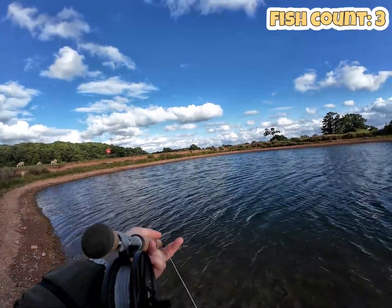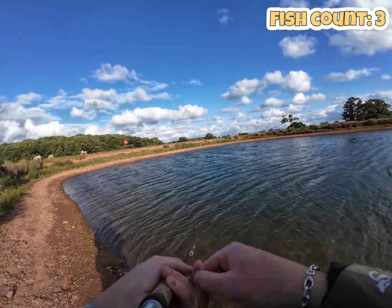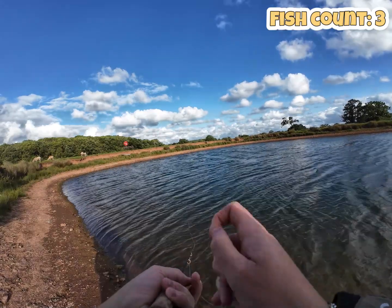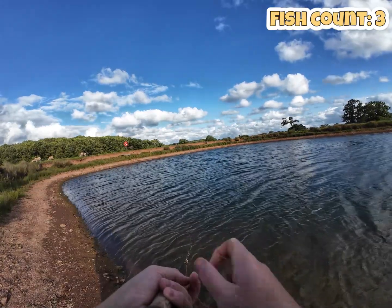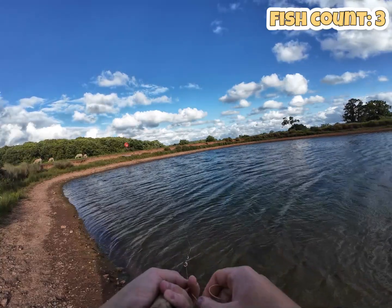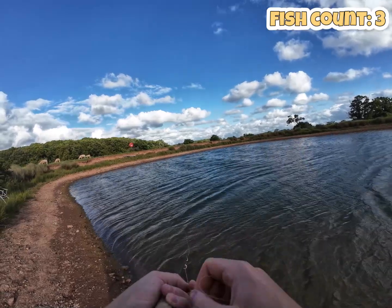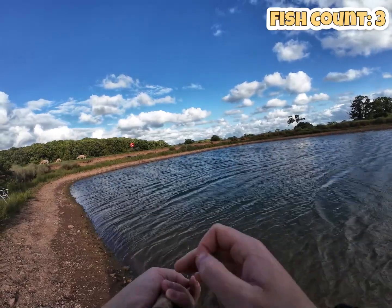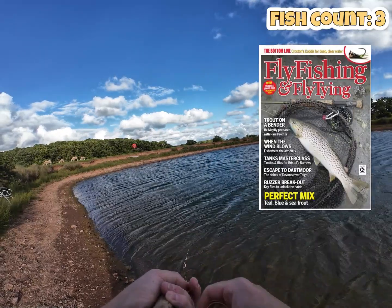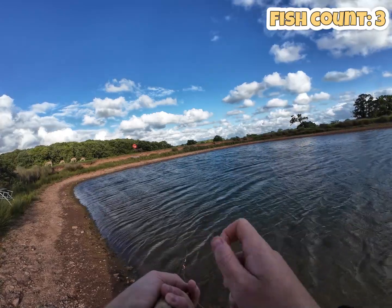Right, let me get this one in. Right, switched it out to the floater. Got the damsel on the point, then two buzzers on the drop. This was a tactic I actually got out of Fly Fishing and Fly Tying magazine, the latest copy, which would be June. Is it a June copy or May? So